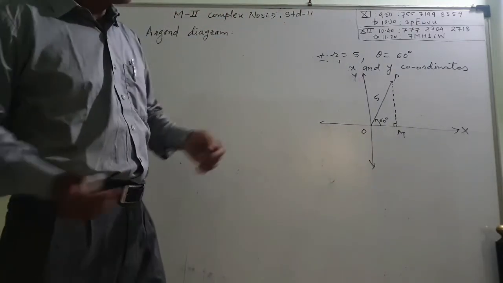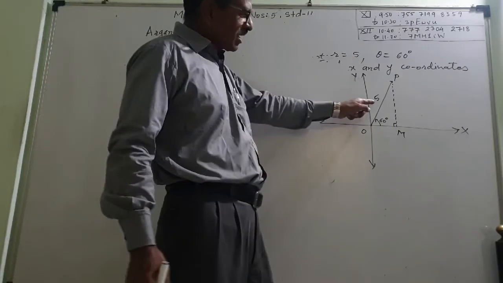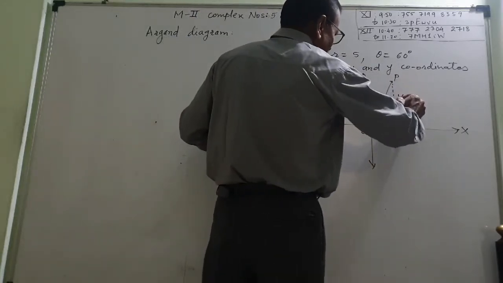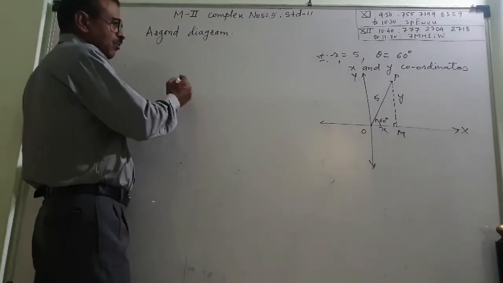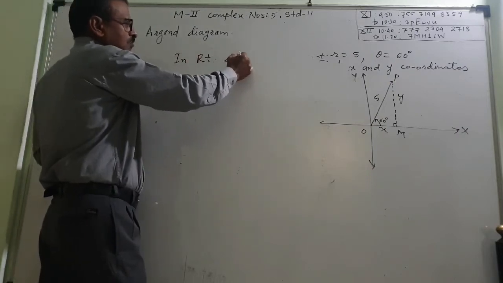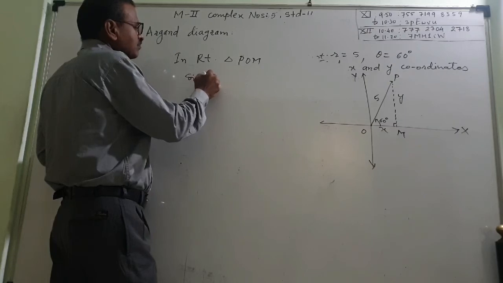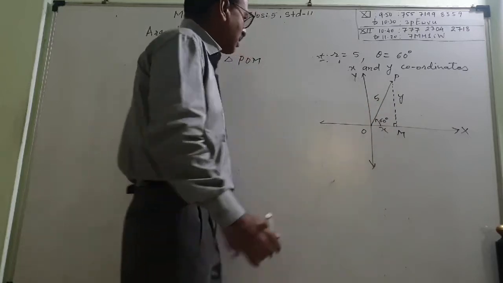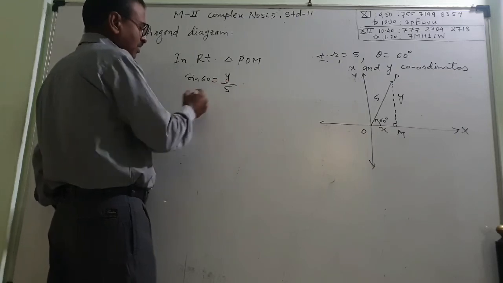Now from here, in our figure the hypotenuse is 1. In this figure hypotenuse is 5. So we have to take care. So this distance is y and this distance is x. So in right triangle POM, sine of 60 degree. साइन 60 यानी सामने वाली अपॉन बाजू वाली, सामने वाली कौन है, PM यानी y अपॉन हाइपोटेनस 5, देयरफॉर